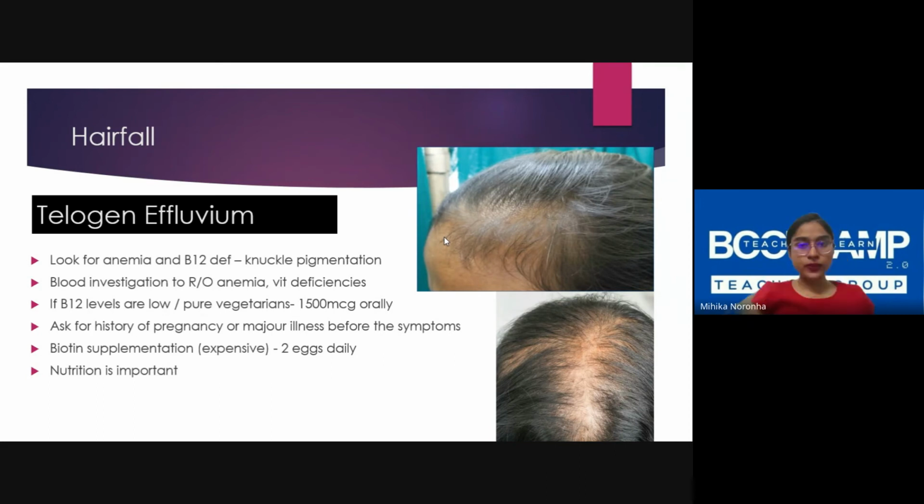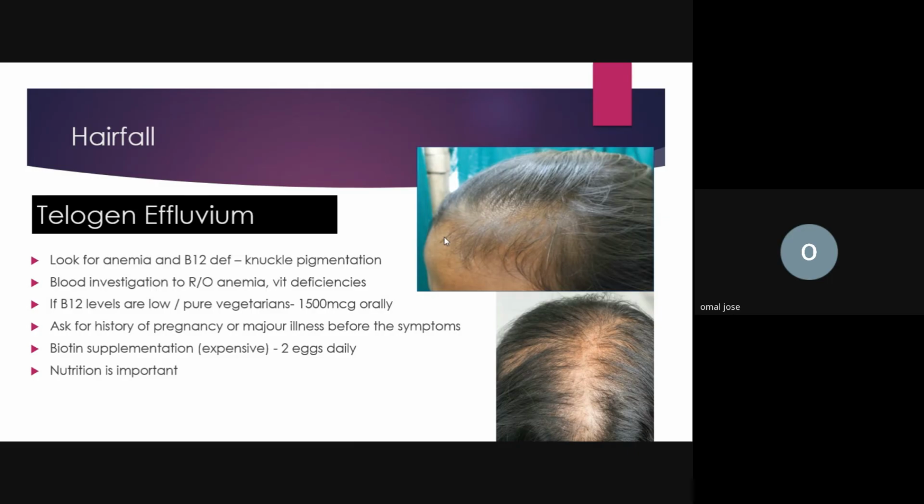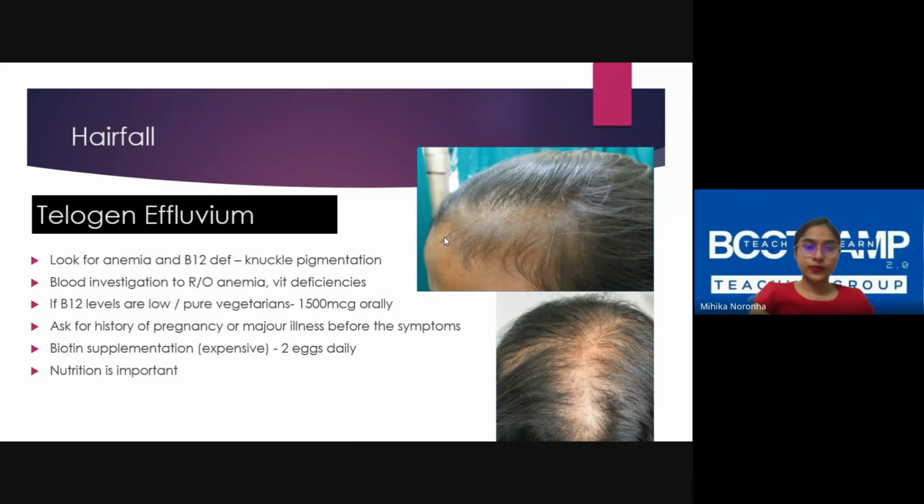And 1 second, Namita. Can anyone in this group, maybe, is Omal there? Omal Rose? Yes, ma'am. Can you tell the difference between the top picture and the bottom picture? What is the main difference that you see? If you don't know, just straight up say don't know. Don't worry. I'm not judging you. Don't know, ma'am.